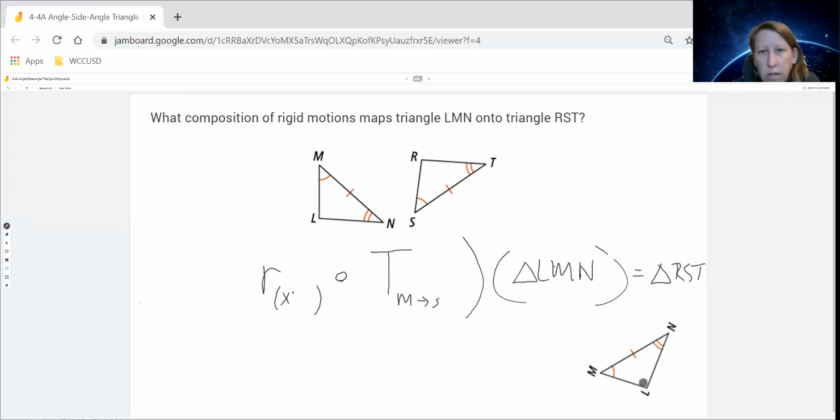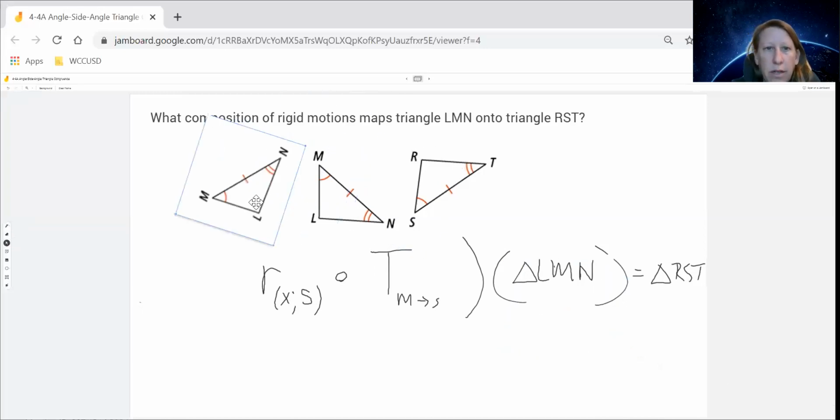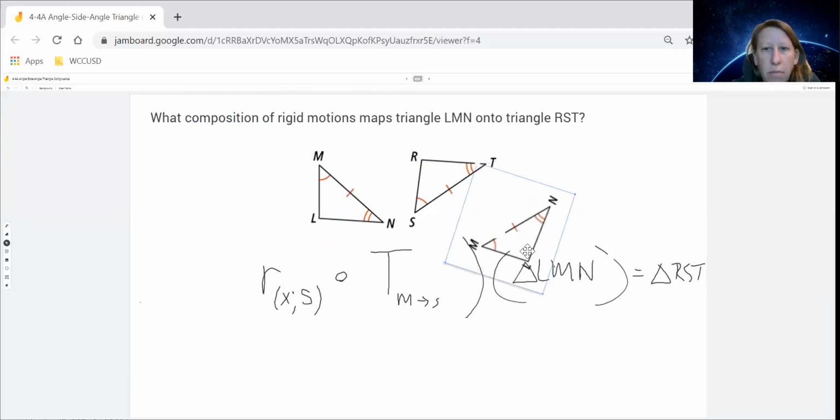Maybe, I don't know. How many degrees was that? Like 60 maybe. And I rotated around point S. So I moved it over. Let me just show you one more time. We moved triangle L, M, N, and then we rotated it a little bit around point S